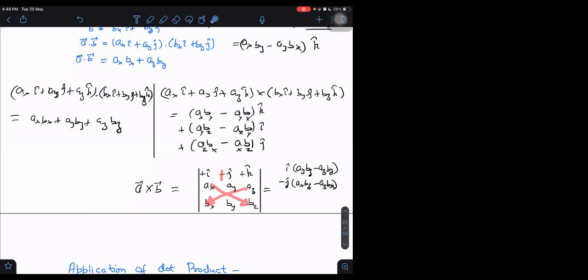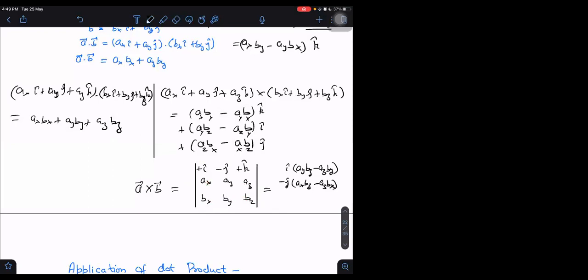Normally what we do is we remember it in this way: we take forward positive and backward negative. Forward positive, backward negative. It is just a memory aid. It is how we would like to remember. If there is some other student who would not like to remember in this way, maybe he will say that he doesn't prefer to write like this. I will write plus only, but I will remember that I have to take this one positive and the other one negative. But that might be more confusing. So in order to avoid confusion, always forward positive, backward negative. It is easier, I think. Is it not easier?